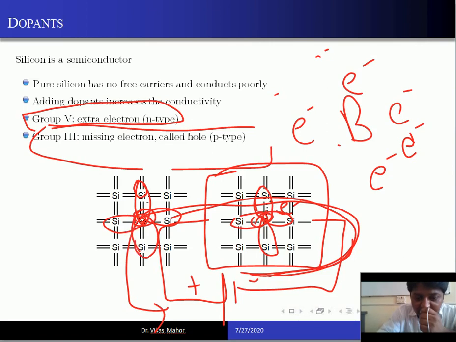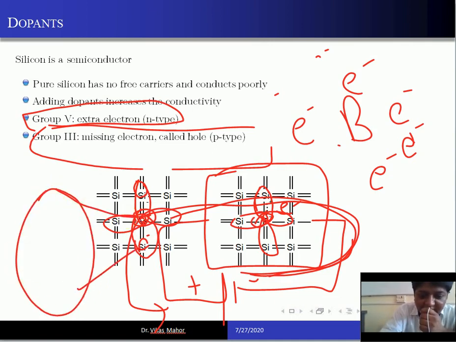An electron is here. Look here, an electron is here which is bonded to silicon, which is not free. Please understand this, which is not free. So an extra electron is there which is tightly bonded to silicon, but this bond is a partial bond because a hole has been created here. Look at this more clearly. This bond is something like this. This is the electron of silicon and a hole has been created here.